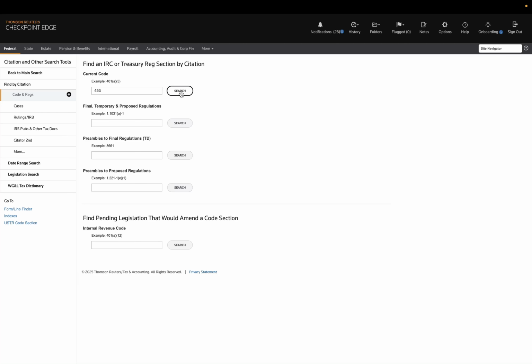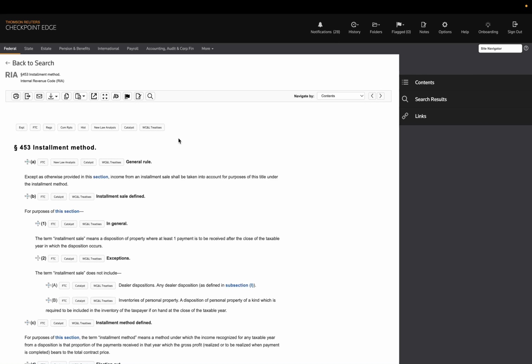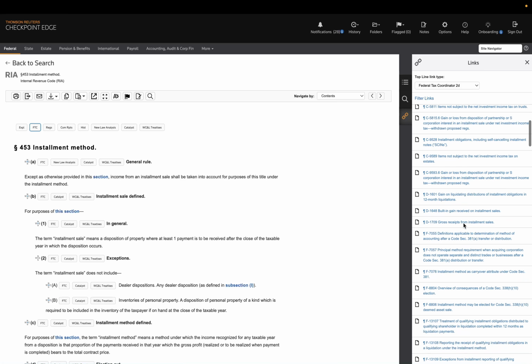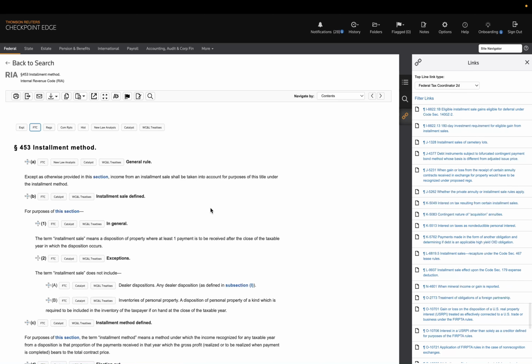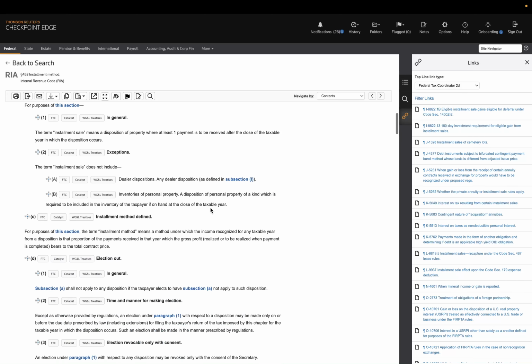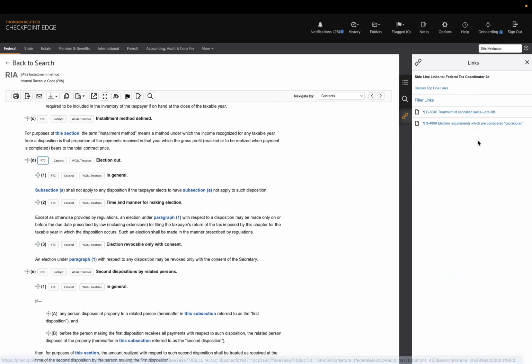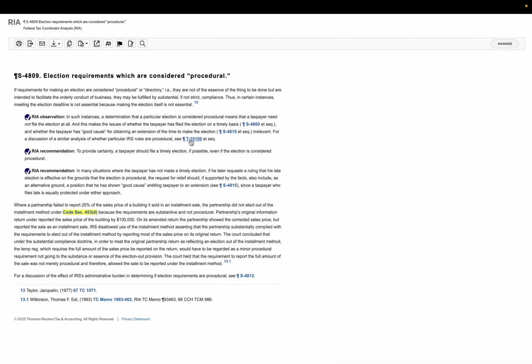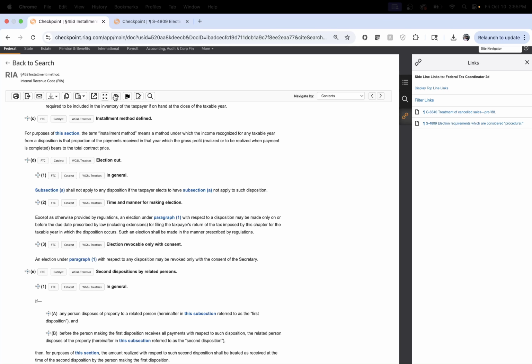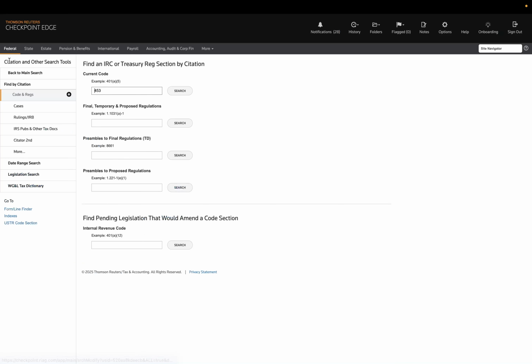You could pull up code section 453, which pulls up the code, and then you can backdoor your way into, let's say, the Federal Tax Coordinator by clicking on FTC. Whoa, that's a lot, right? So maybe we go further down into electing out of 453, when you might elect out. Federal Tax Coordinator, okay, we have two. Treatment of canceled debt, election requirements, which are procedural. Oh, right here, this one actually talks to us about the procedural items necessary to elect out. Okay, that's an example of using the